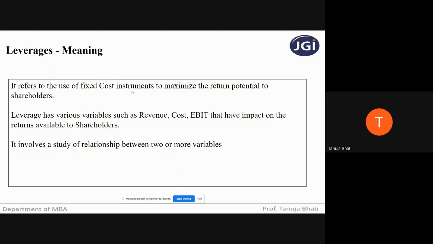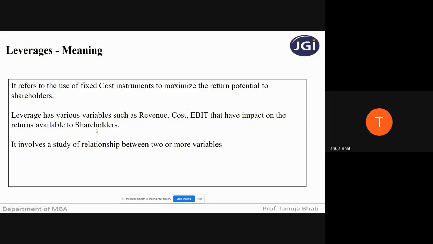So leverage uses these fixed cost instruments to make sure that it maximizes, increases the earnings or the returns to the shareholders. Because we know that the equity shareholders are the owners of the company, and after paying off all the fixed cost instruments or expenses, whatever remains, it goes to whom? To the equity shareholders. So leverage has various variables such as revenue, cost, EBIT that have impact on the returns